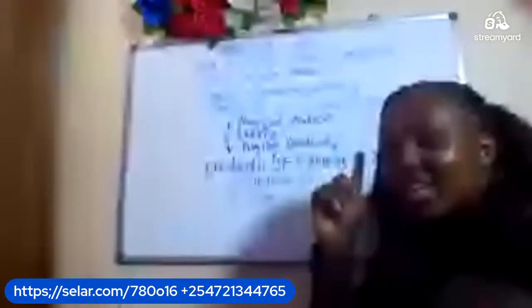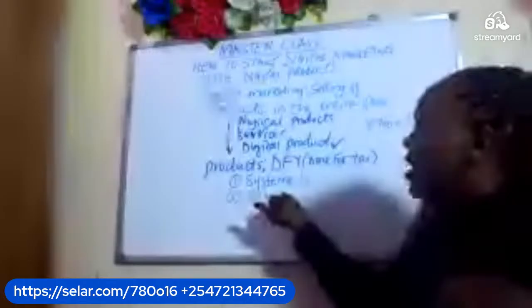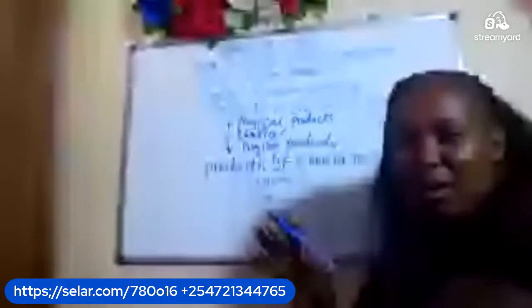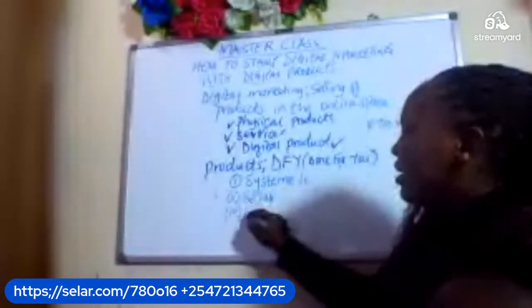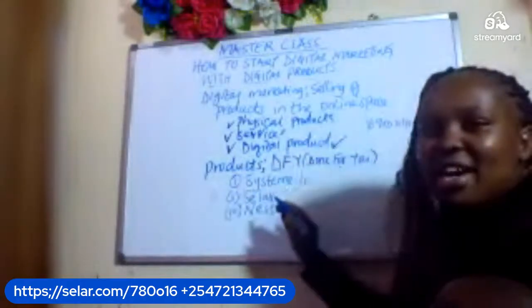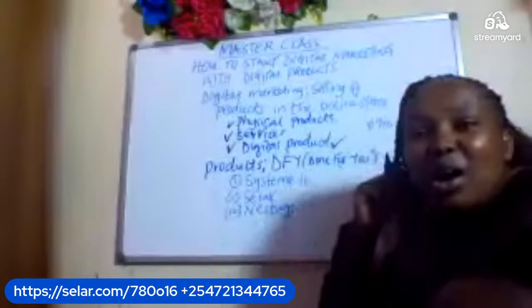All right. So like I was saying, I got one product on System.io and another one on Seller. But I can also shift all the products to come to Seller, or shift them to go to System.io, just the way I want, because all these stores are free of charge, so long as your emails remain below 2000. All right. So we got Seller, we got another one called Nestuge. And if you are doing a do it yourself, inside the program that I have, it shows you how to connect that product. Simple.